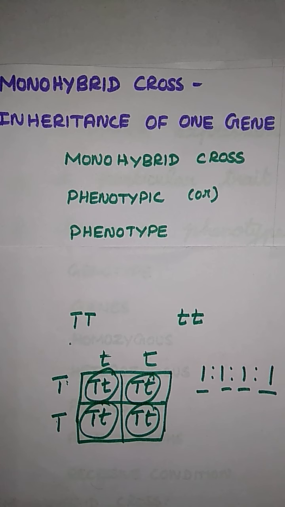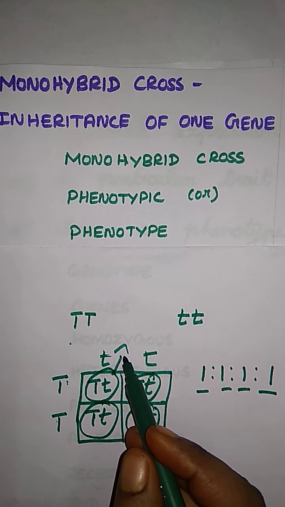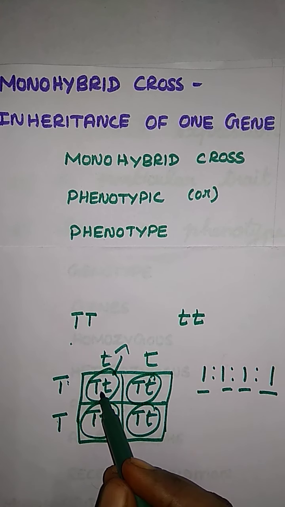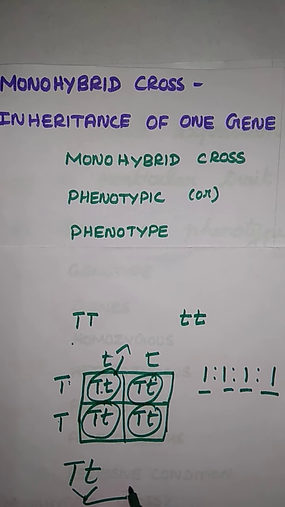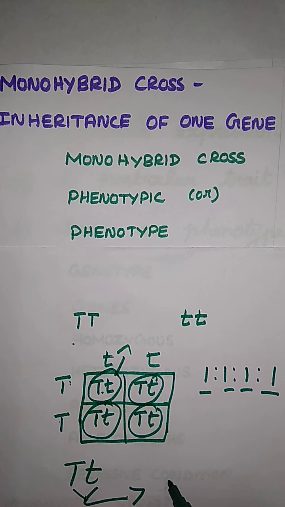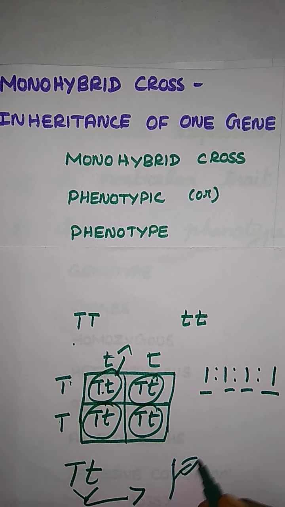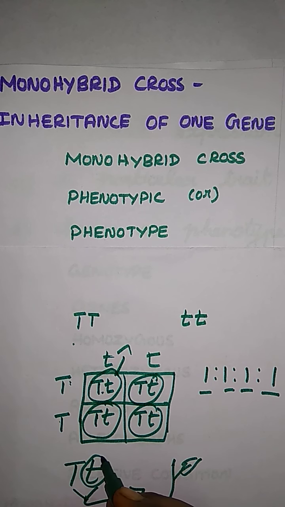First, phenotype. What is it? The external expression of a particular trait is known as a phenotype. If only particular traits are expressed, that is the phenotype. So there is a tall plant and a dwarf plant, and both are crossed. What is expressed? Only the tall is expressing the character. So what does the small t do? It is just suppressed, because that is a recessive character.